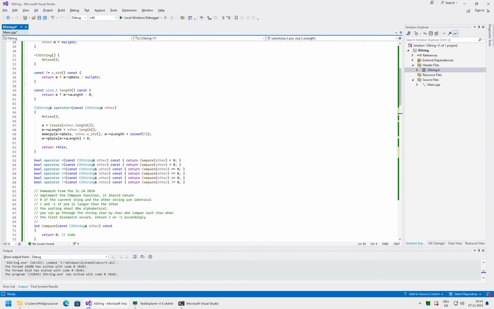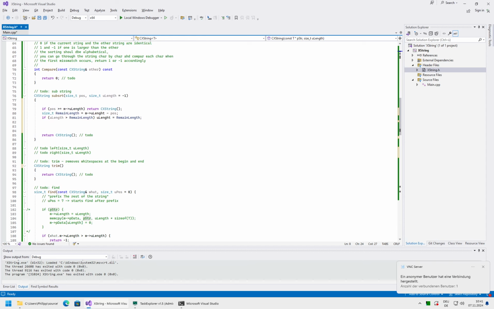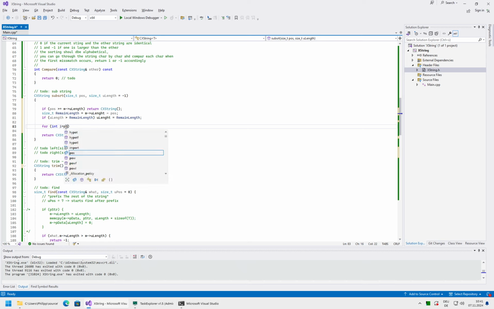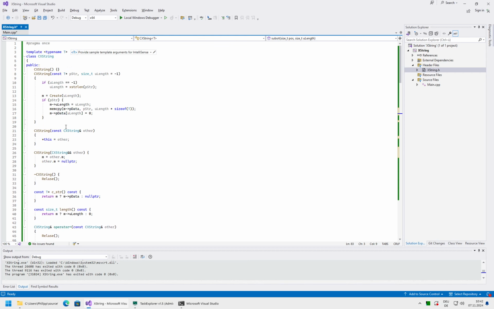I do not think we implemented append. It would be nice to have, certainly. What you will want to do is just use this constructor and paste pData at the offset of position, and uLength you already have. You don't need a loop for that. You can do it in one line in principle. Because here we are using memcpy to copy the bulk of data within the range specified.